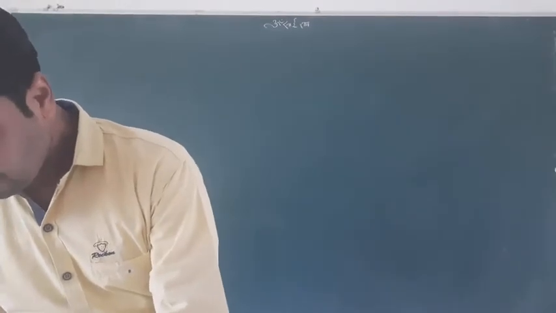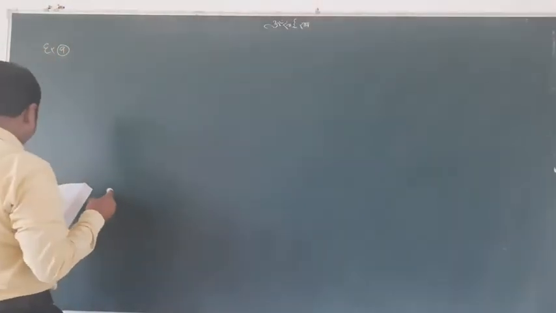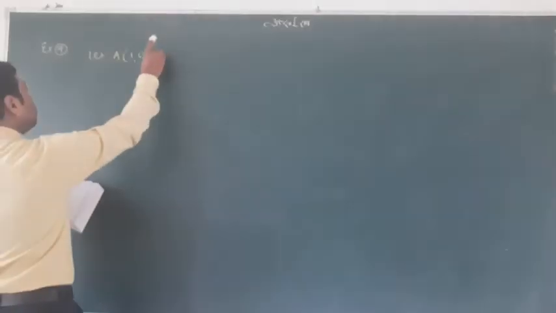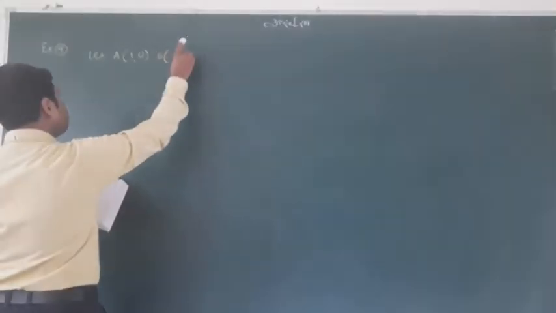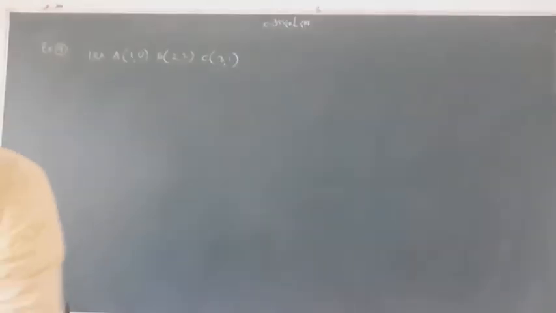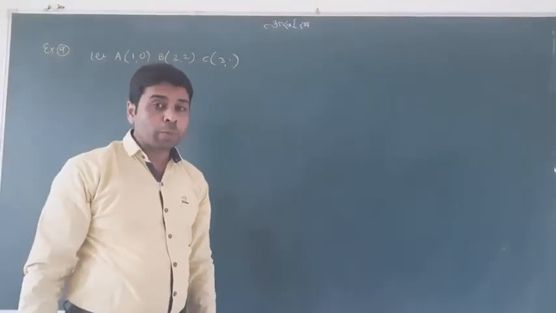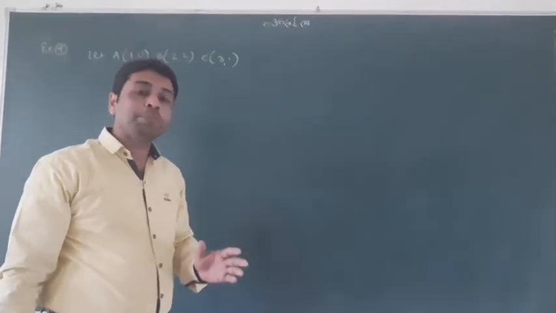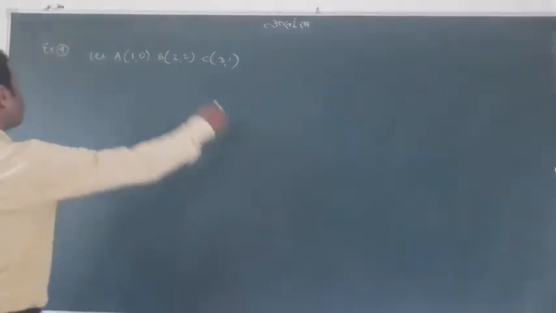So I have example number 9 which I want to share with you. Using integration, find the area of the region bounded by a triangle whose vertices are A (1, 0), B (2, 2) and C (3, 1). Very good question it is. We want to find the area of the triangle whose vertices are these. So we will first make the triangle properly, looking at the axes and quadrants, and make a proper picture. Okay, we start.